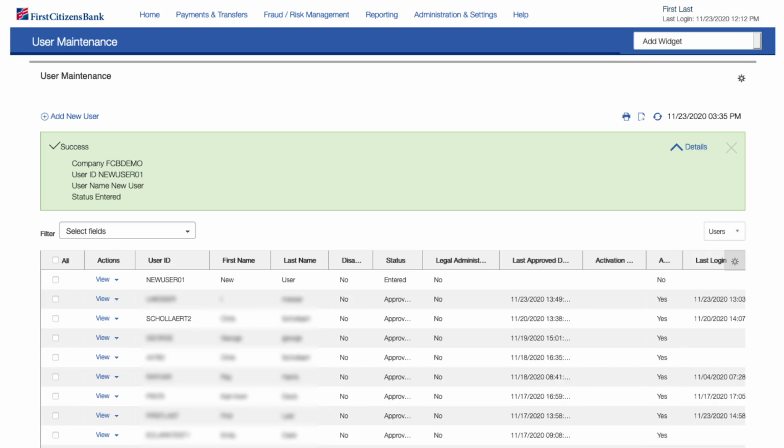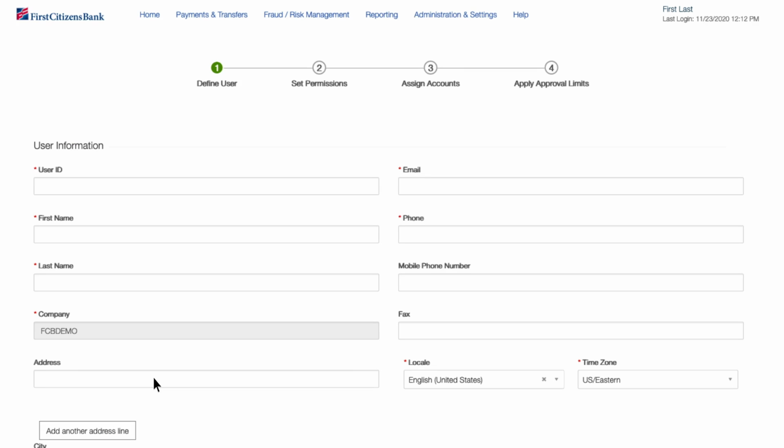Our final topic for this video is copying an existing user to create a new user. This is very helpful when a new user will have the same or similar permissions as a current user. Identify the user that most closely matches the permissions for the new user. Click on the Actions menu dropdown and select Copy User. The Define User page will appear. Enter the